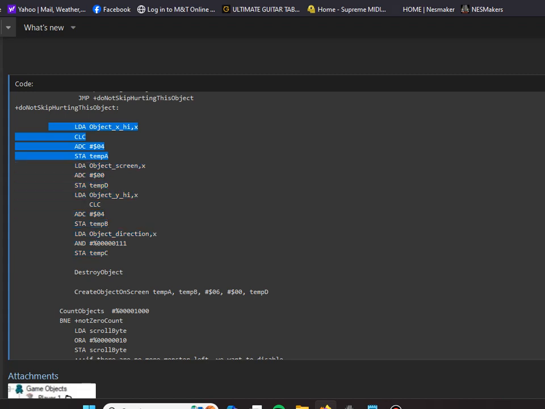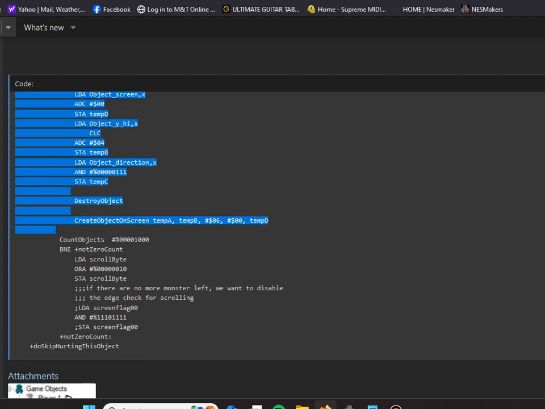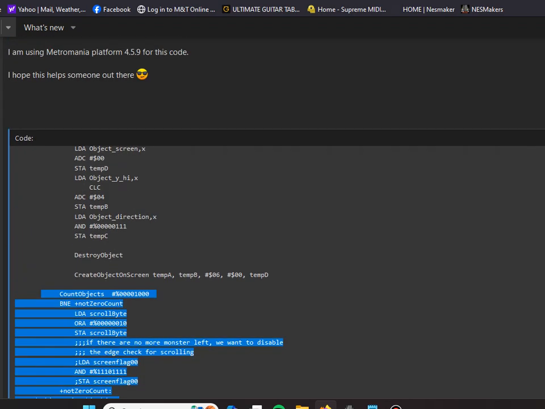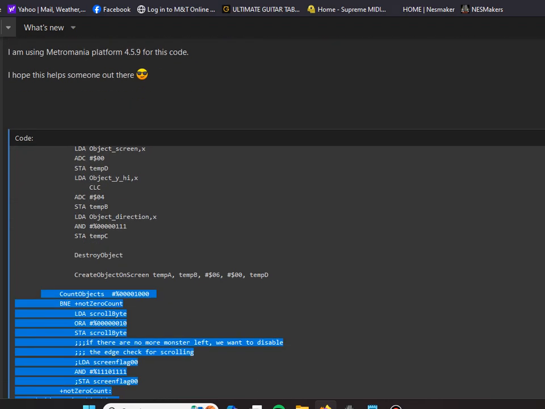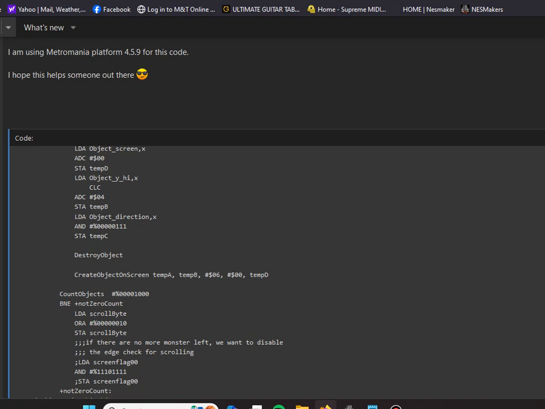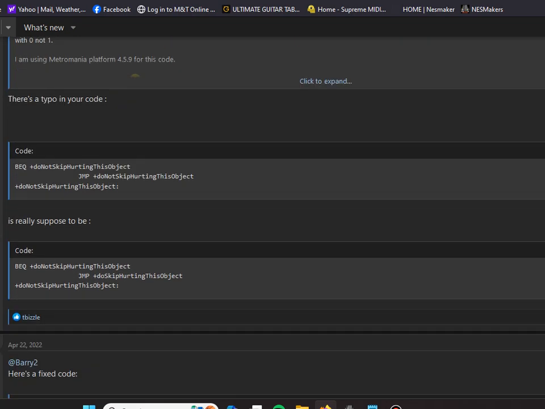So it goes to this, creates object on screen, counts the objects, does that. So we're not going to do create the object on screen. We're just going to do, it puts it in that